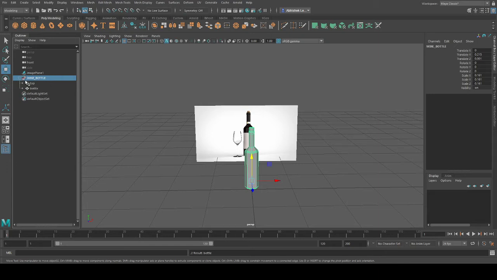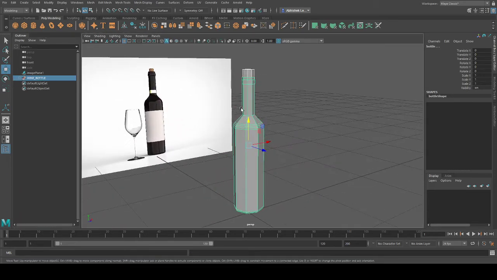You select this. If you want to select the inner part also, you go to select hierarchy. What happens? It will select all the subgroups inside it. And you can delete the history. Now it has deleted all the history of whichever element you have in that group. Now you can move to